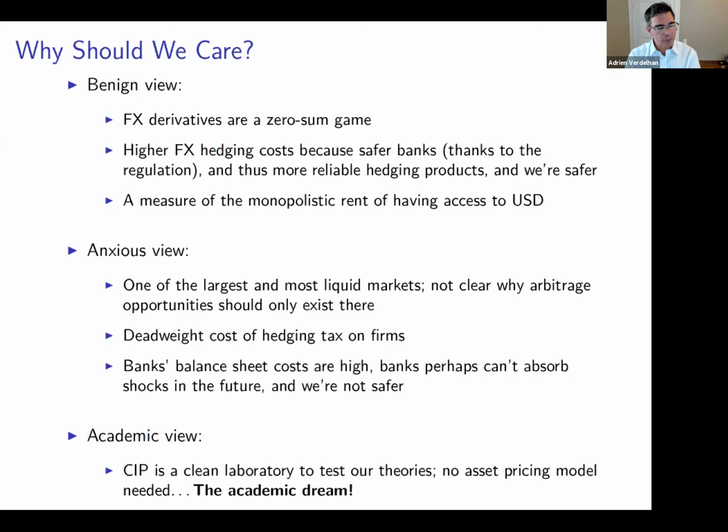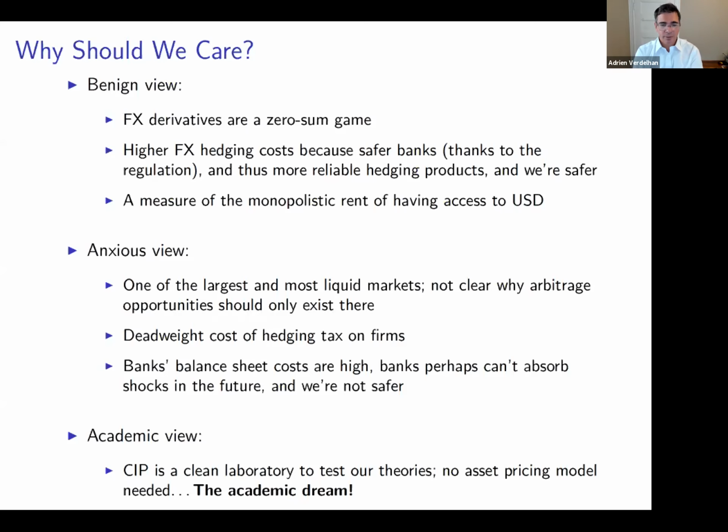Now, there's another more pessimistic view: if somehow banks can no longer arbitrage this market away as they used to, then they're not doing so well. And if they're not doing so well, maybe at the next big shock they'll be in deep trouble. And of course, the next big shock is already there, and we're going to see a big wave of bankruptcies, and you wonder how the banks are going to weather it.